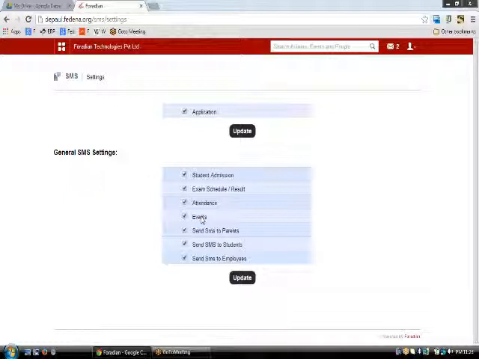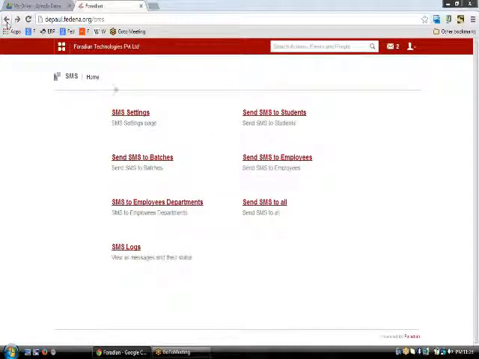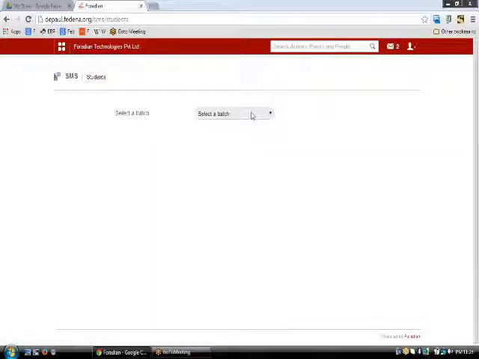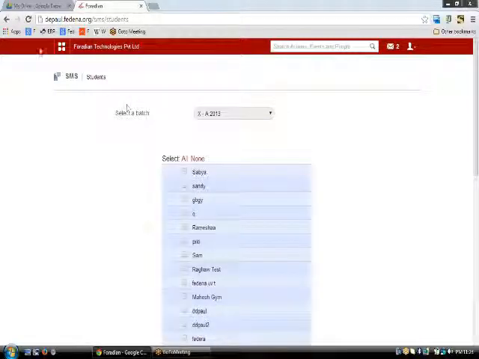And then send SMS to parents, students and employees. As the name suggests, it helps you to send SMS to parents, students and employees respectively. So once you are done with the settings part of the SMS part, then you are allowed to send SMS to students using this, and you need to select the batch and then the students to whom the SMS is